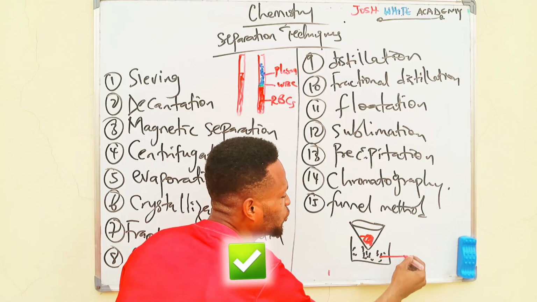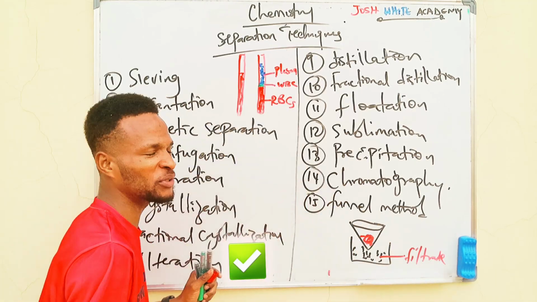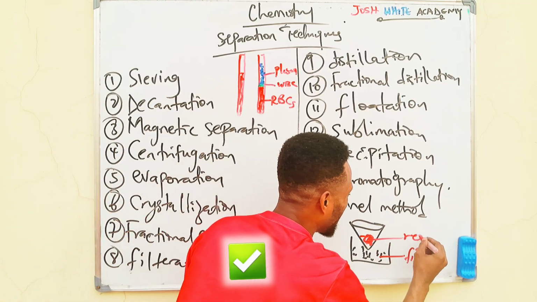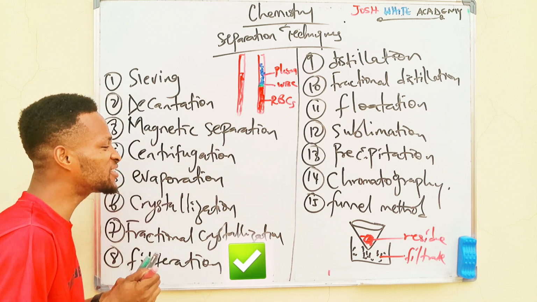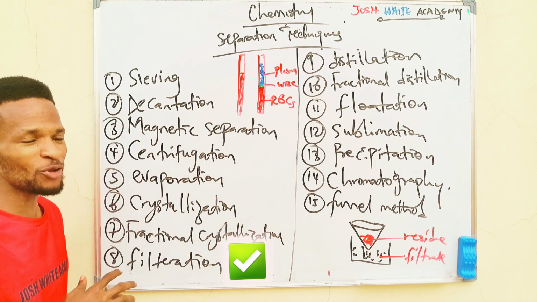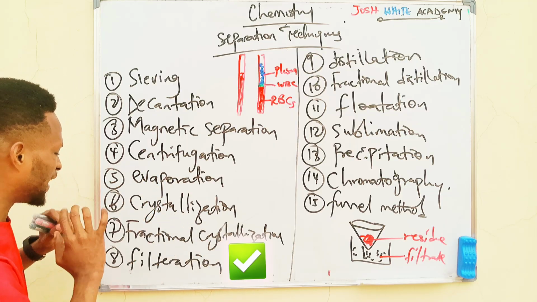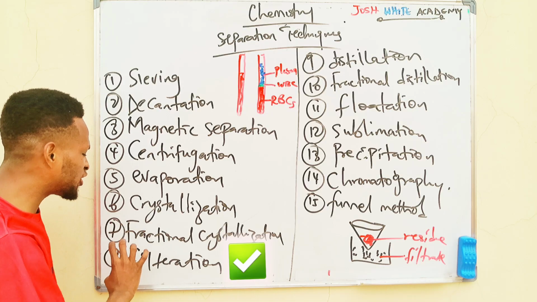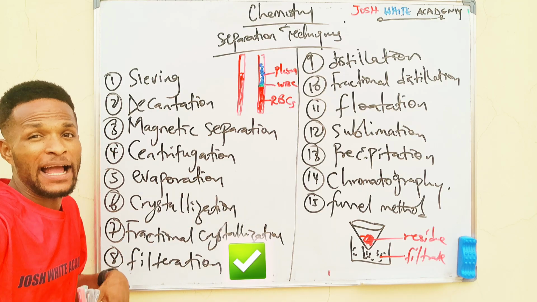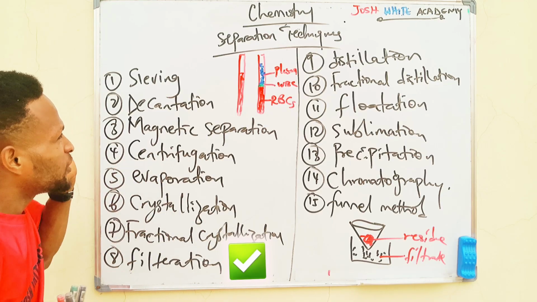The one that passes through is known as the filtrate. The water is the filtrate, whereas the solid that is trapped in the filter paper is known as the residue. So you use this to separate a solid that's not soluble in the solution. Also, like sand and water, we use filtration. A company that uses this filtration is our water company, for purification of water. So the next one is